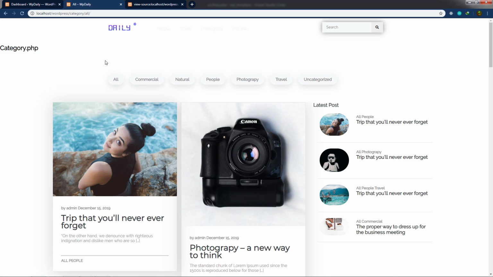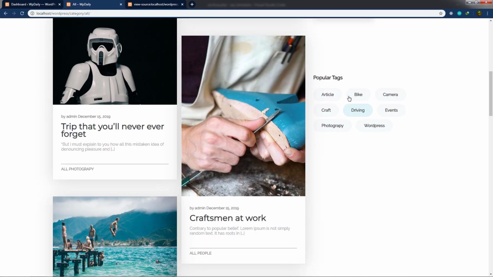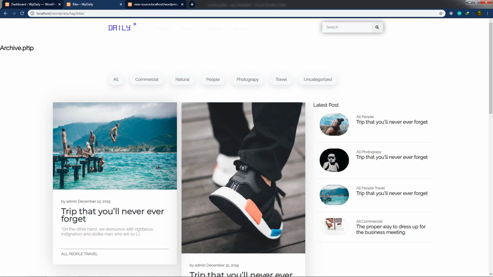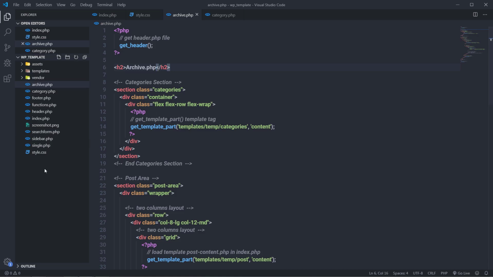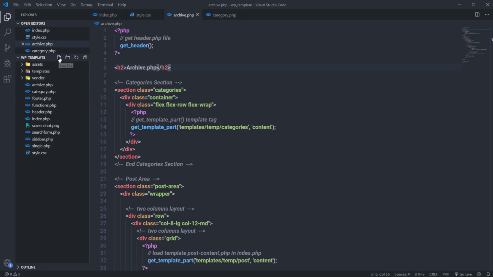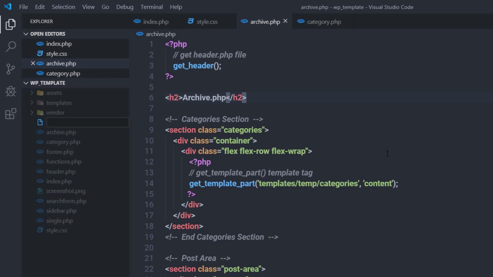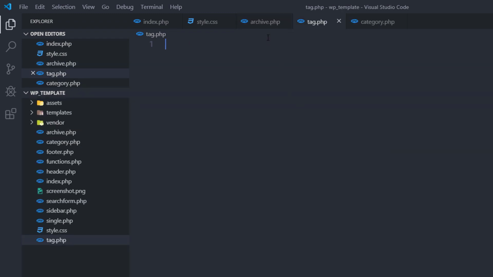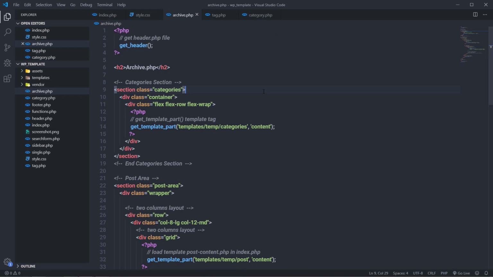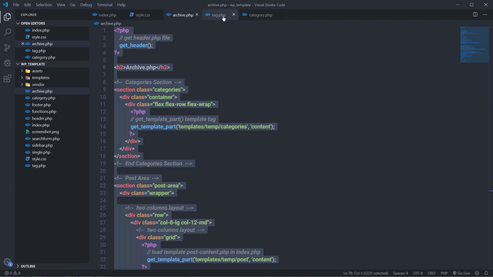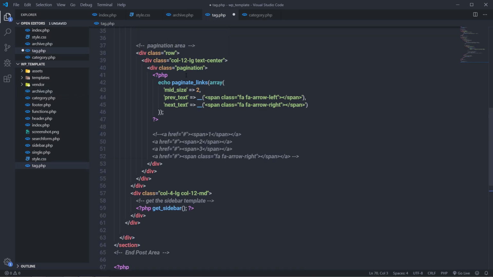And when you click on your tag, you're going to have the archive.php file. Now I want to specify a special template file for these tags. So I'm going to create a new file for that, in the root directory of your project, called tag.php. I'm going to grab the content from this archive file, copy it, paste it in tag.php, and change